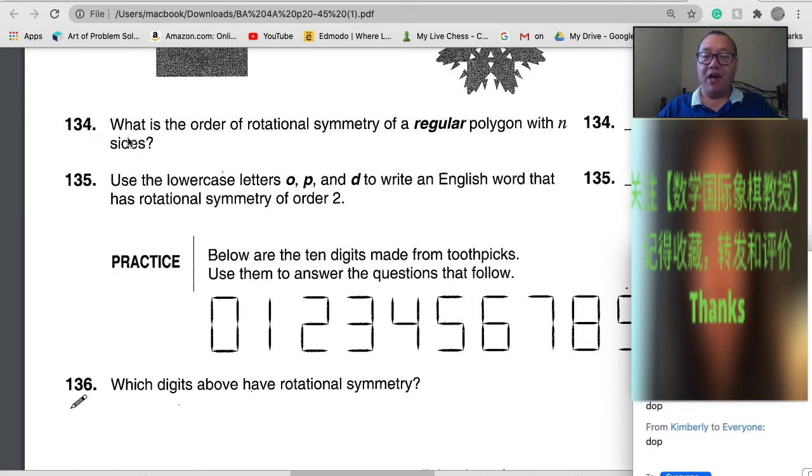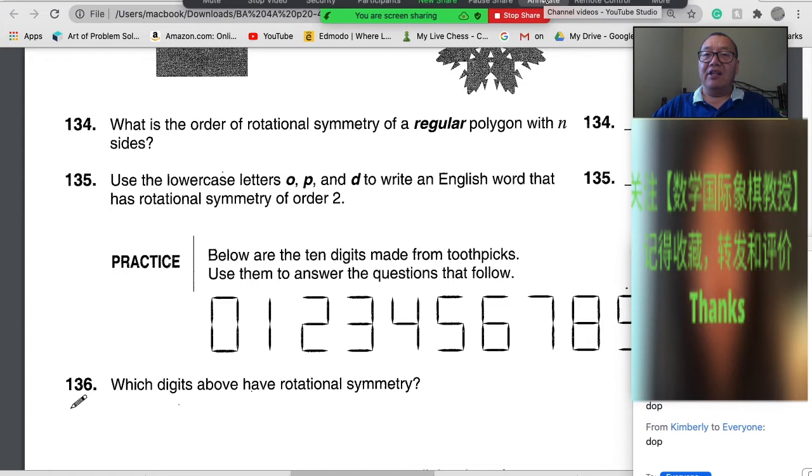So last time we finished to 134, the problem 134. Today we start from 135. In this problem, they give you the three letters o, p, d in lowercase. They ask you to write two English words that have rotational symmetry of order 2. Actually, you already got this answer. That's